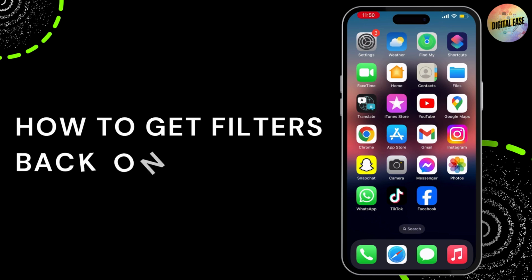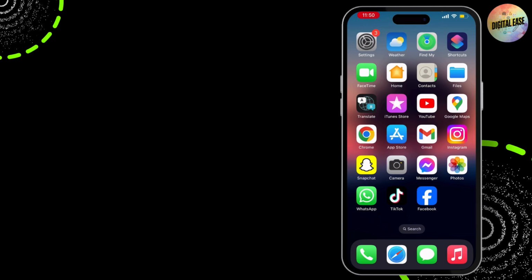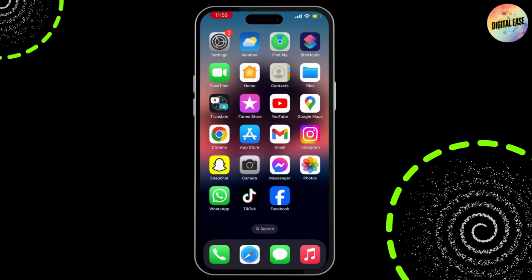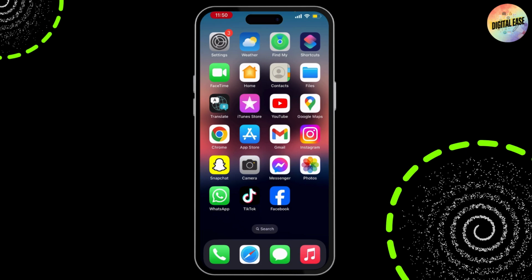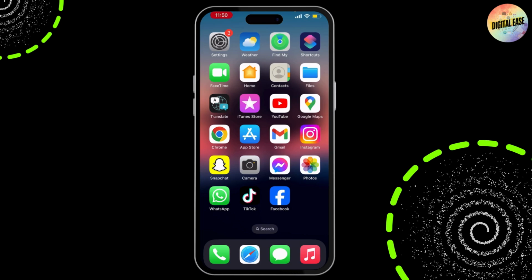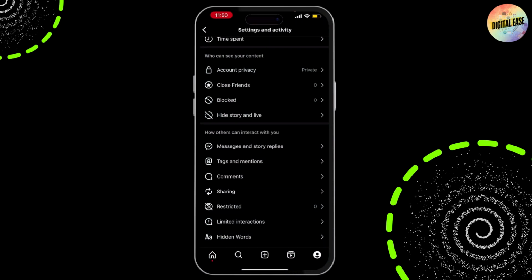How to get filter back on your Instagram. If you have previously used some filters and now it is not available on your Instagram application, then this video is for you. First of all, go to your Instagram